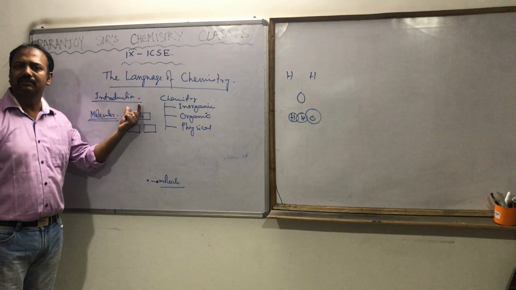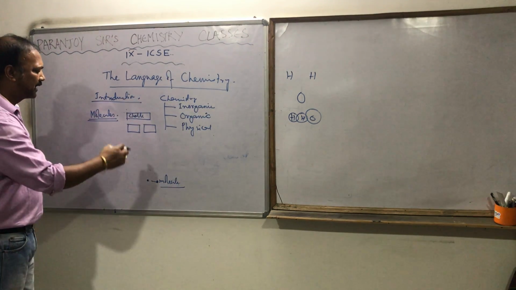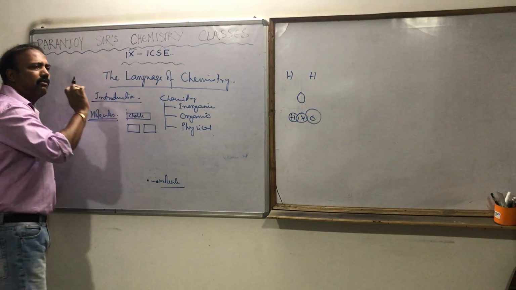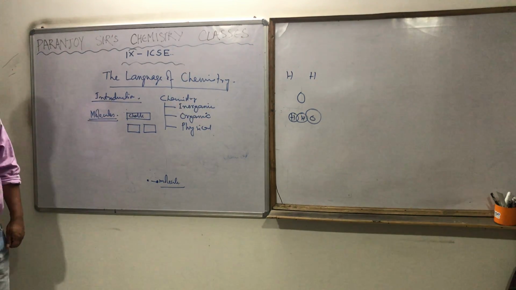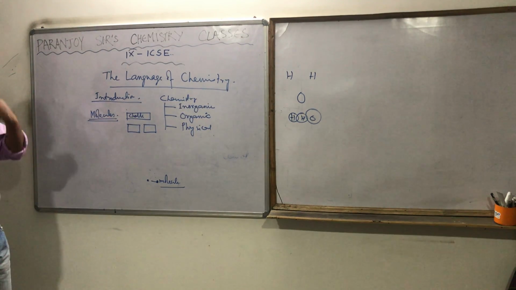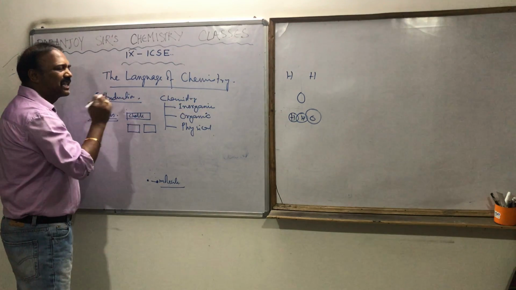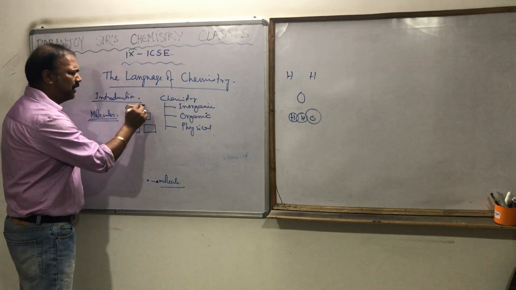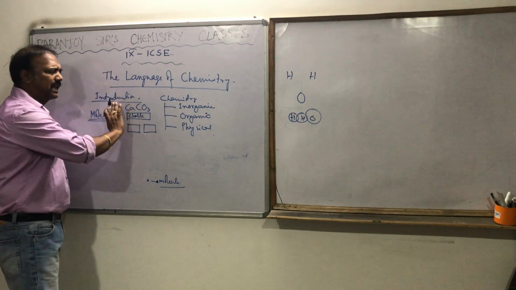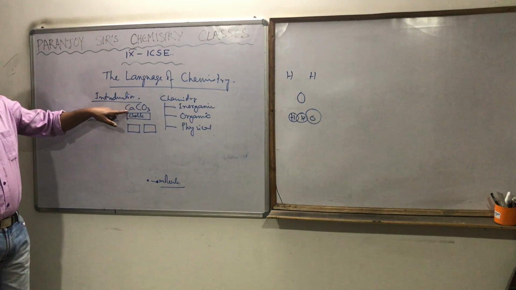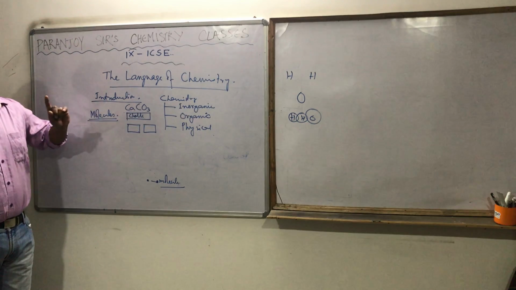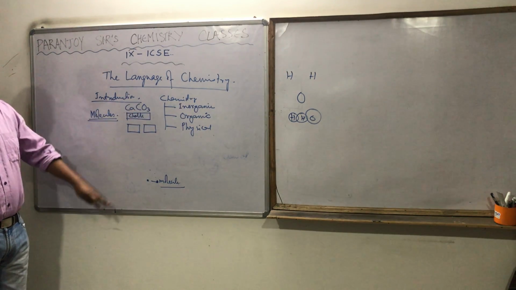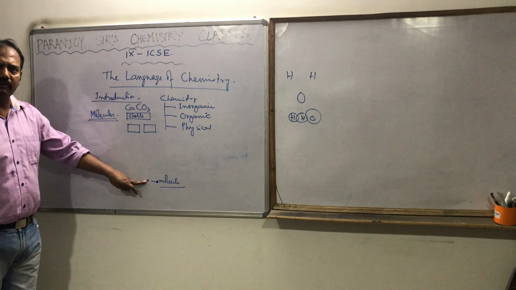Is it clear? Now, before I break this further, do you know what chalk is? Chemically, chalk is nothing but calcium carbonate. We write it like this, CaCO3. This is the symbol of calcium, carbon, and oxygen. So here we are getting 1 molecule of calcium carbonate, 1 molecule of chalk.